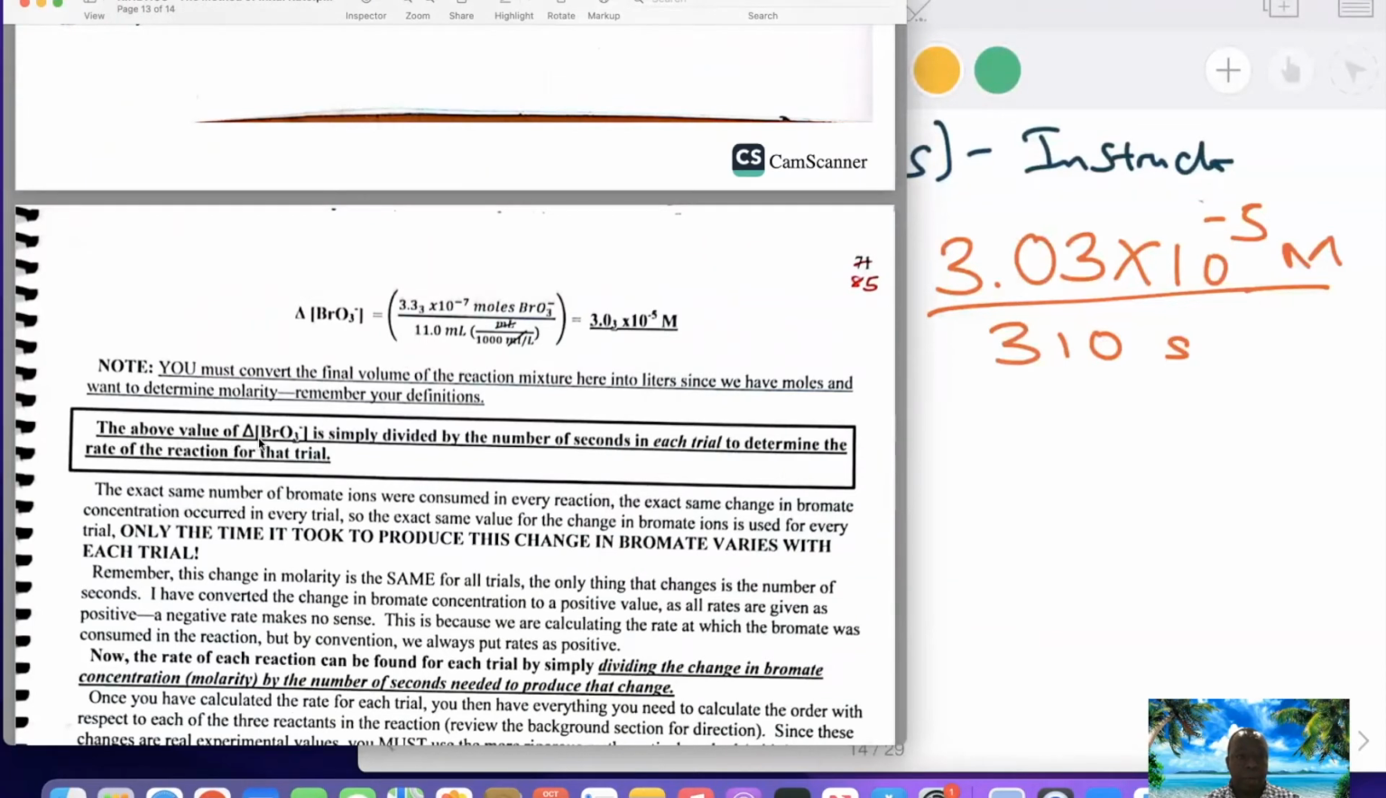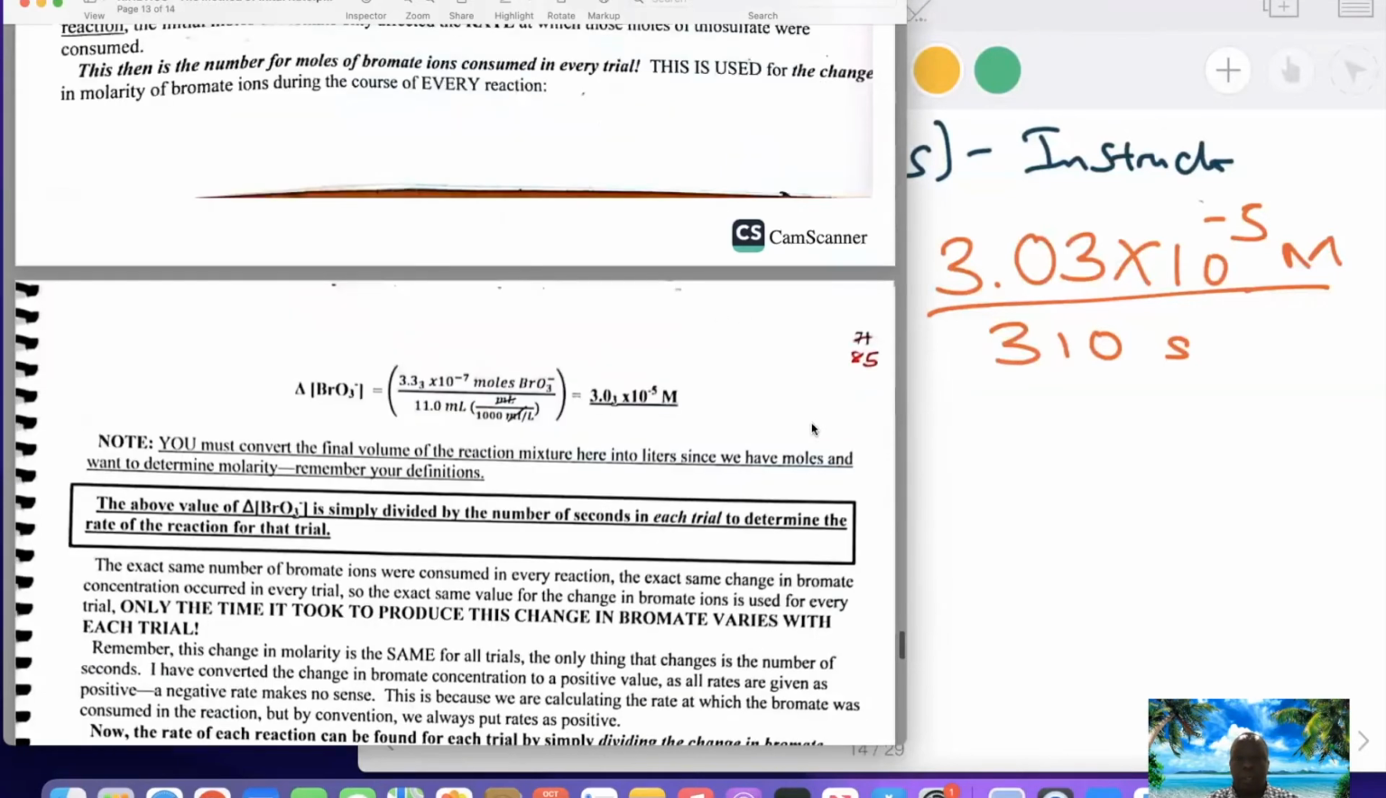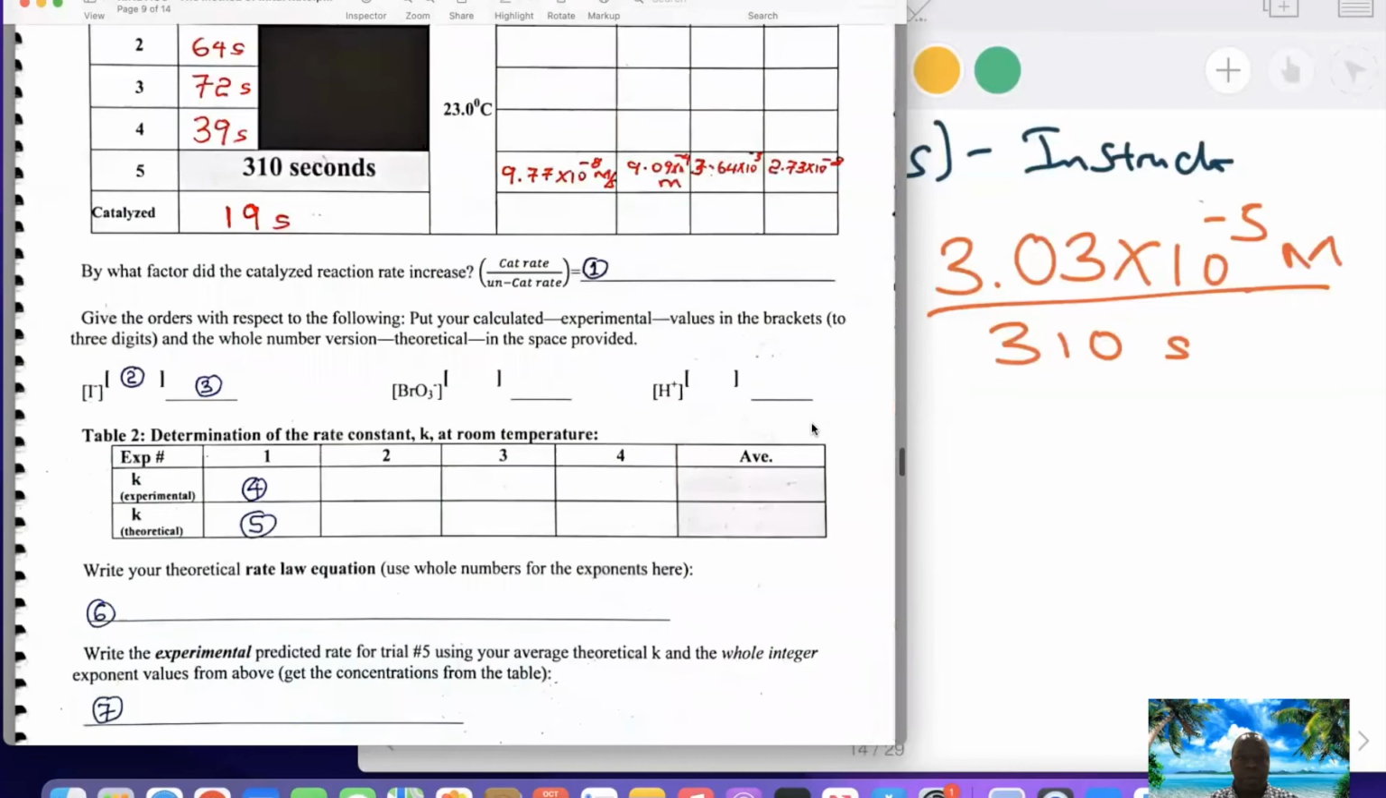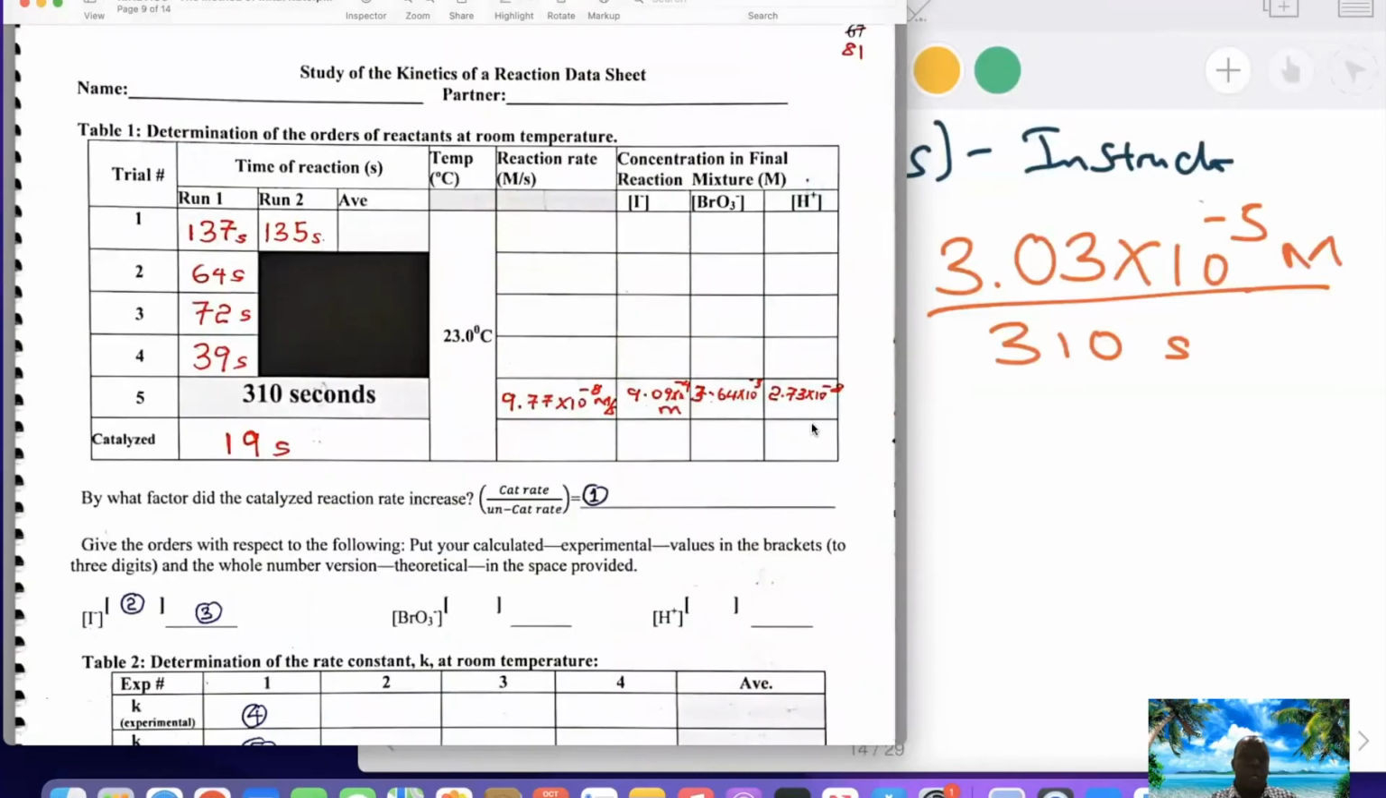Look here, the above value, that's the change in concentration of bromide ion, is simply divided by the number of seconds in each trial to determine the rate of reaction for that trial. So remember, you will divide the concentration of bromide ion, which is this one, by the time it took to see the color change. In this case, for trial 4, 39 seconds; for trial 3, 72 seconds; for trial 2, you divide by 64; for trial 1,